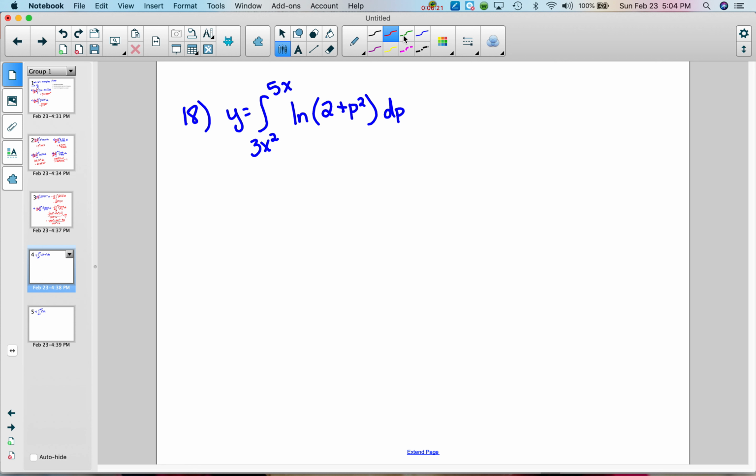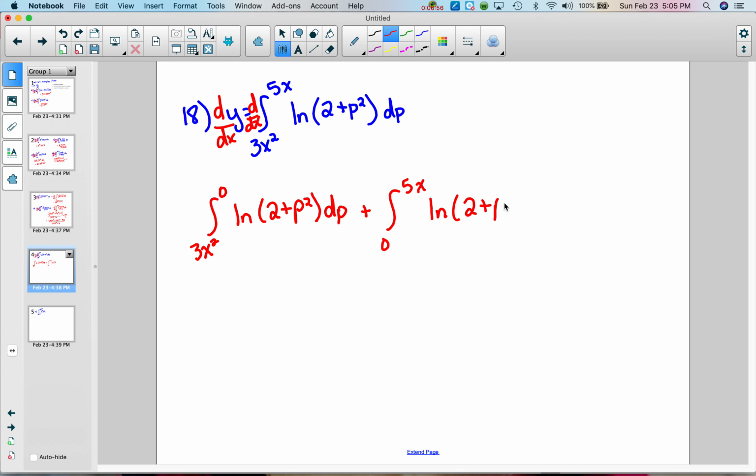Number 18. Okay, so we are again finding dy/dx still. So we're taking the derivative of an integral. Now notice on this one, neither one of them has a constant. So this is one where we're going to split it apart. So I'm going to split it apart from 3x squared to 0 of ln(2 plus p squared) dp plus from 0 to 5x of ln(2 plus p squared)